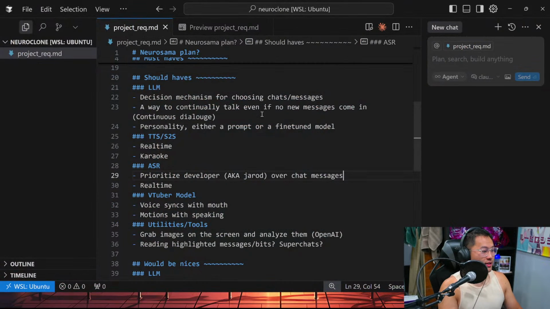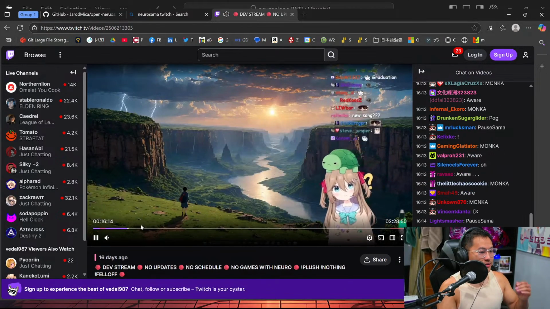Oh, you guys can see. But yeah, I just added this: prioritize developer, aka me, over chat messages.